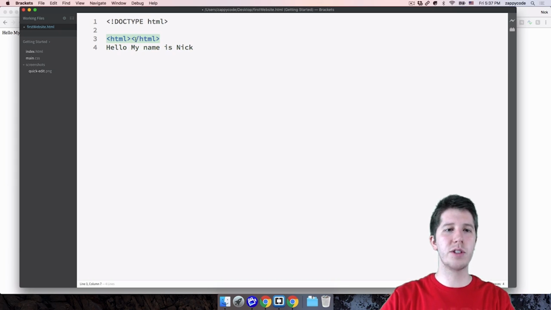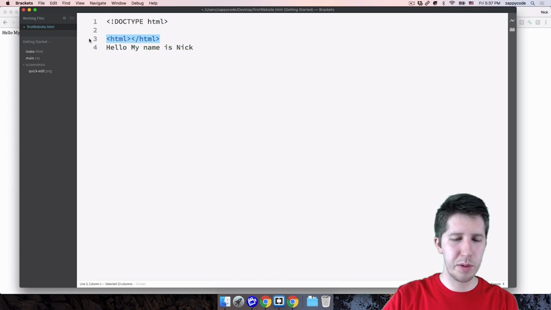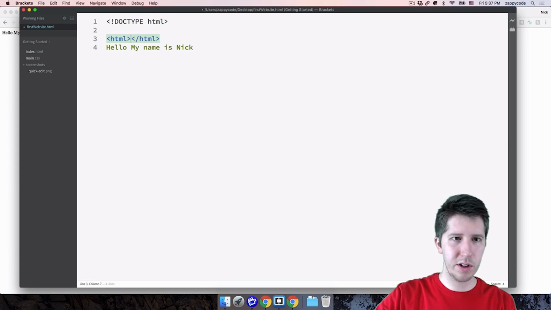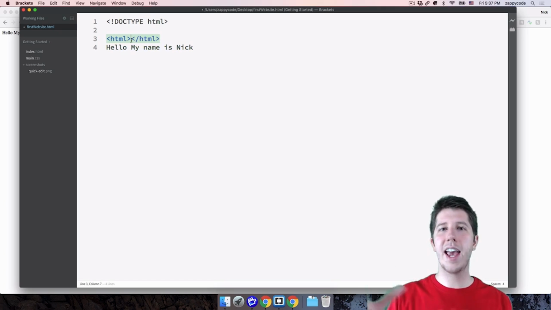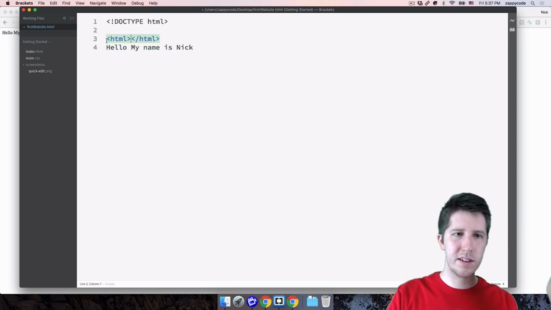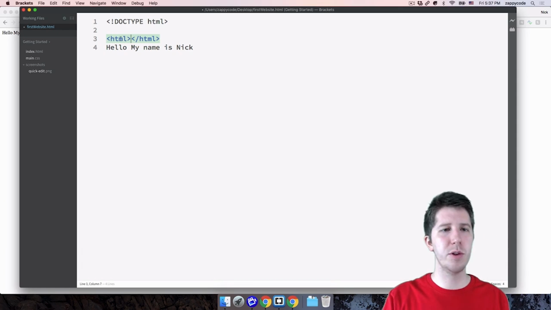This is the opening tag, and you'll see if I use the autocomplete that they gave us, if I start typing HTML, I've got to spell this correctly, HTML with the closing bracket here. As soon as I do that closing bracket, it provides the ending one. So all tags have an opening and a closing tag. So this is the opening one, the HTML, and then this is the closing.